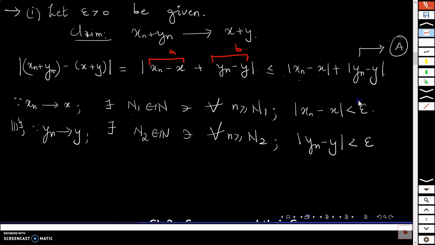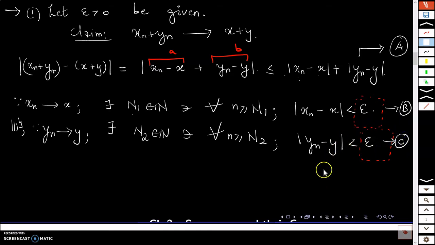Now I am not very sure what actually I need here. That I will come to know at the end stage. Okay, so I will leave these two numbers here with a red box, because I am not sure whether actually epsilon I need or I need to modify it a bit, right? So let's keep that on hold for now. So I got an estimate for xn minus x, that's here, and yn minus y, right? Now let me call this statement B, and I will call this statement C.